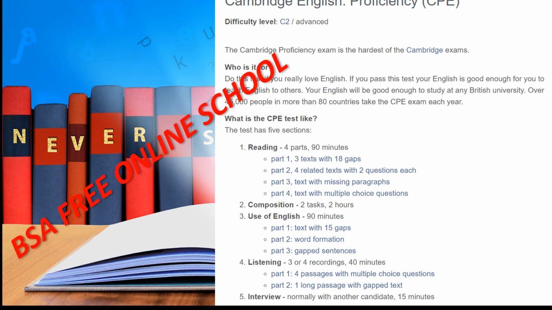The test has 5 sections. Reading and use of English is actually the same exam as in CAE, so it is a similar exam.